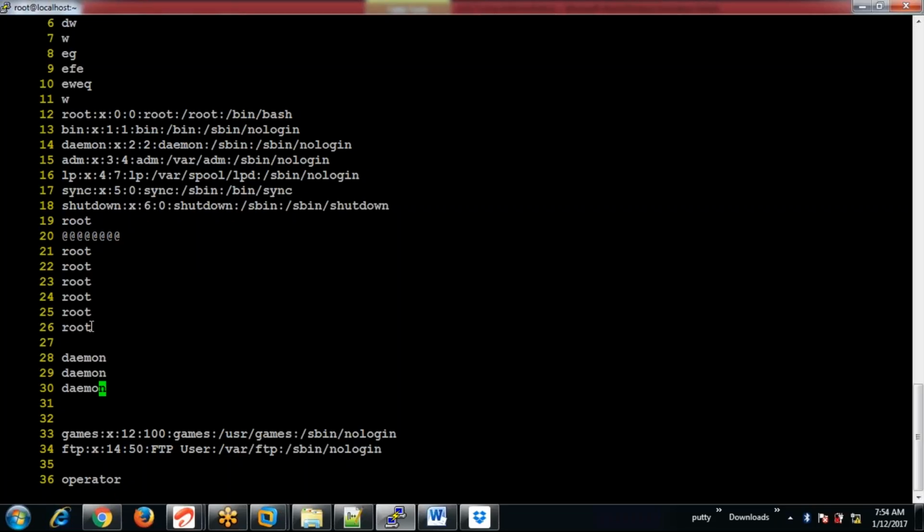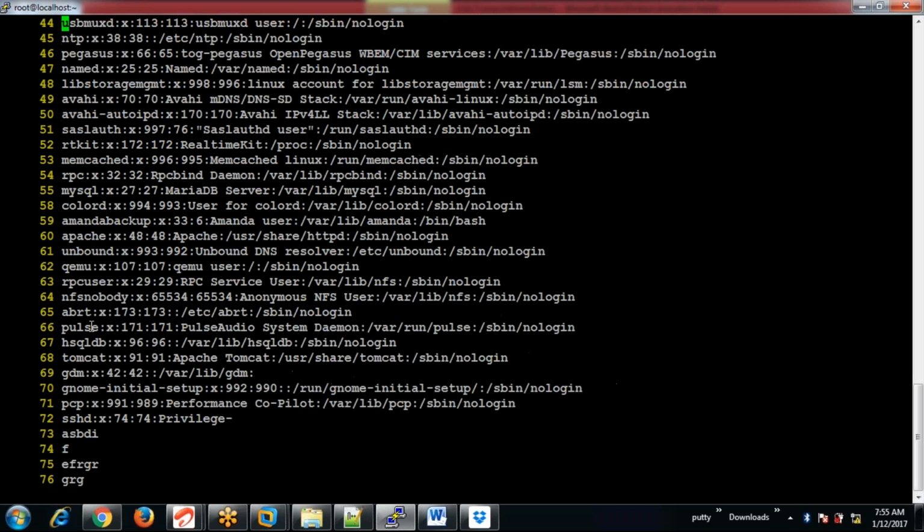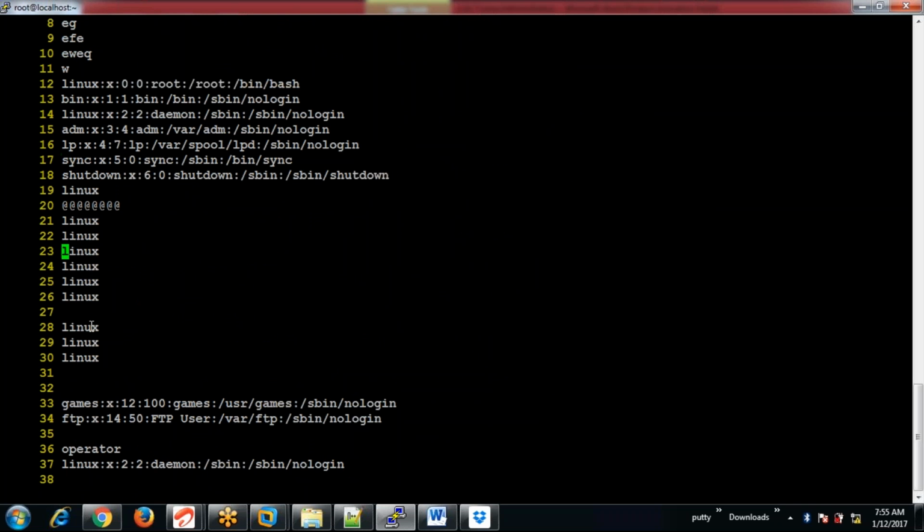So percentage s slash root backslash pipeline daemon slash Linux slash. I would like to change both the root and daemon to Linux. So, has that got changed? Both the root and the daemon. So more than one word also you can change to a single word.